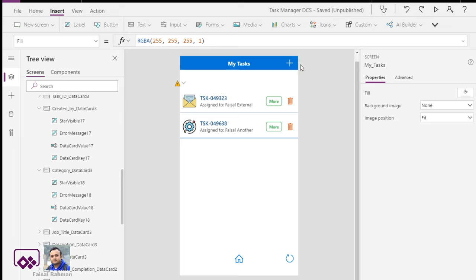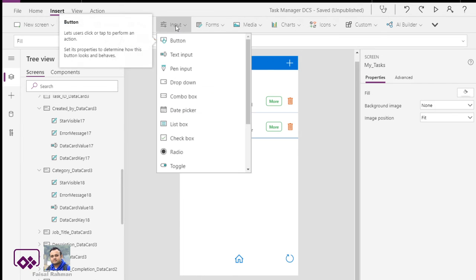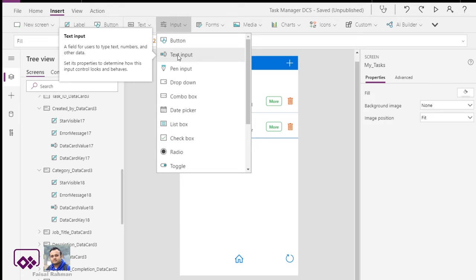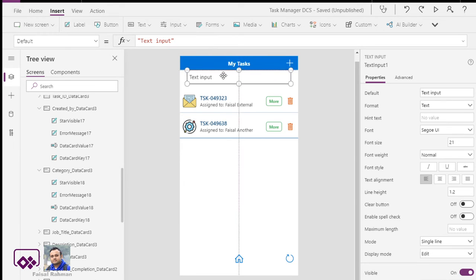To add the search method, we can select the text input and change the default text to nothing, and the hint text is search by task ID or status